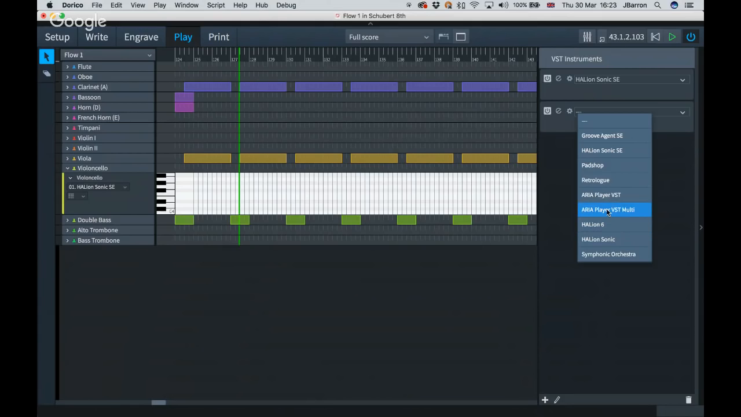So maybe you want to use Halion. Or maybe you want to use, in my case, I've got Garritan Personal Orchestra installed, so it shows up here. This particular one, I'm not favoring over Vienna Symphonic Library or anything else. It's just one I happen to have installed. This ARIA Player, which is where Garritan shows up in Dorico, has two options, which is the VST one